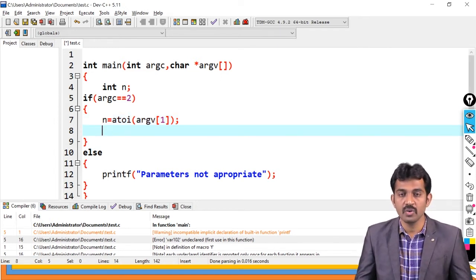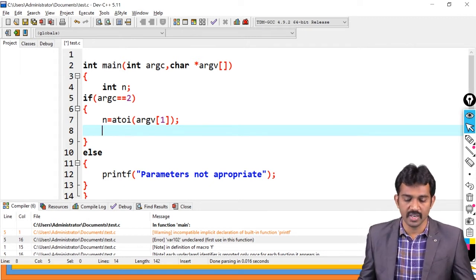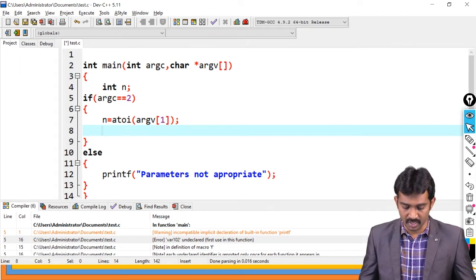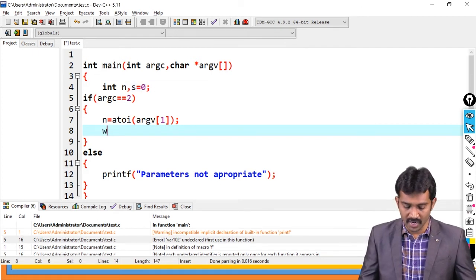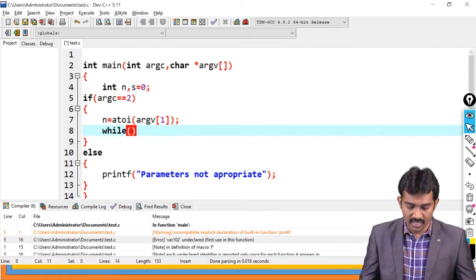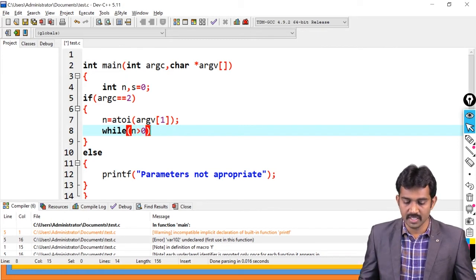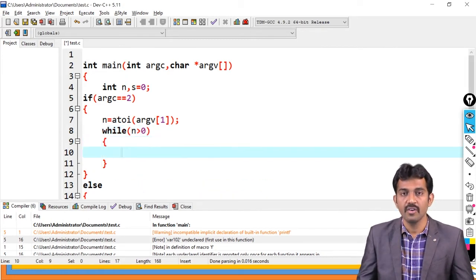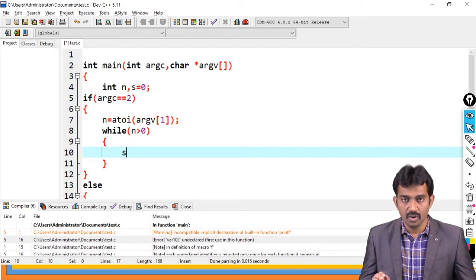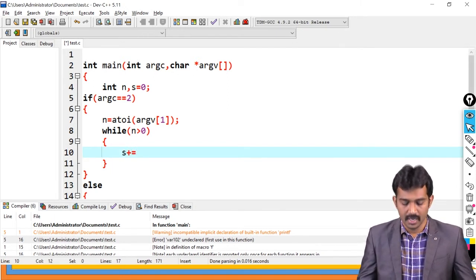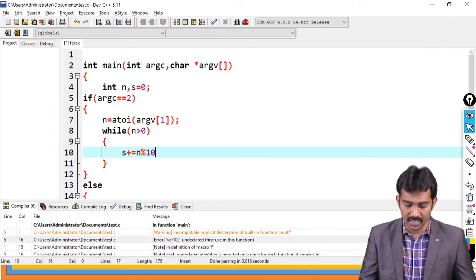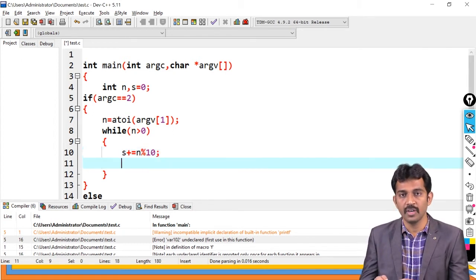After that, what is your task? How to find the sum of digits of the given number. First, I take s value as 0. While n is greater than 0, first you take the last digit by using modulo division: s plus equal to n modulo 10, then you get the last digit.